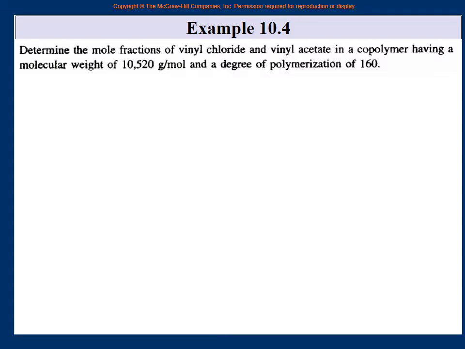So as soon as you know that and you know the molecular weights of vinyl chloride and vinyl acetate, which we have just found in the previous problem, then you can find the number of moles and so on, and then you can find the mole fractions. So please do it yourself. Don't go to the next page on the solution slide. Do it as much as you can, complete it.